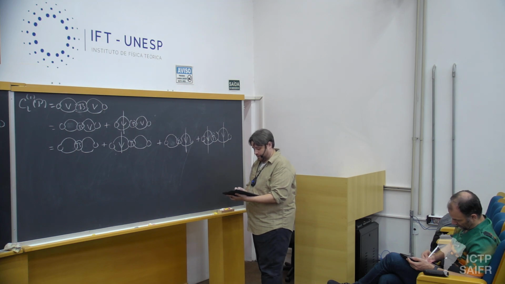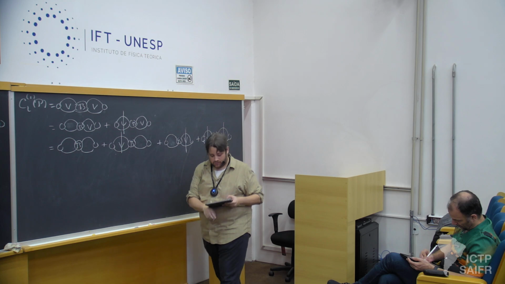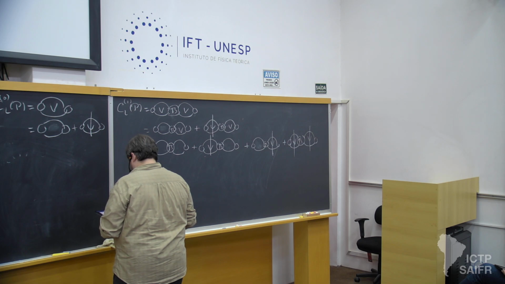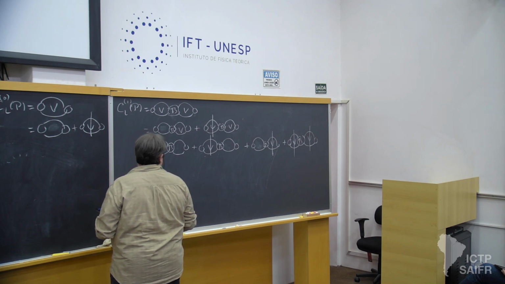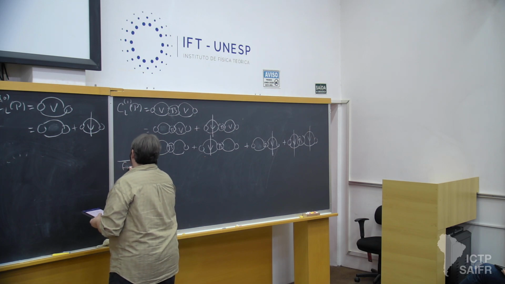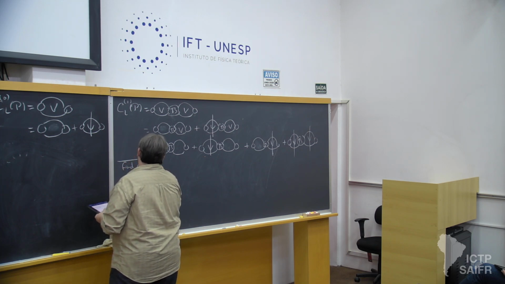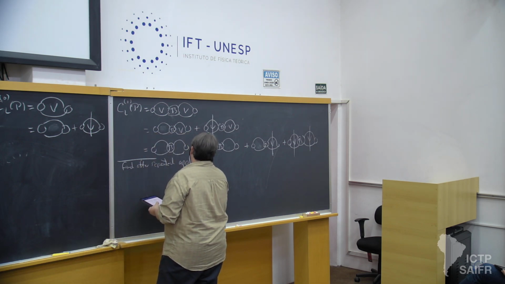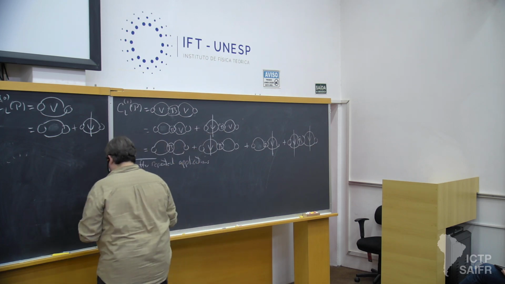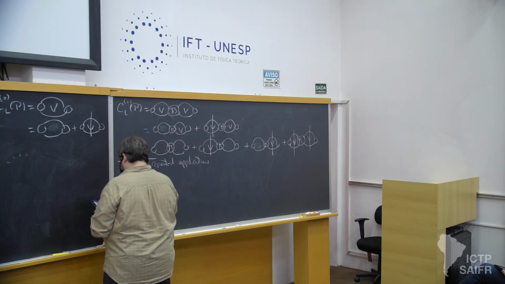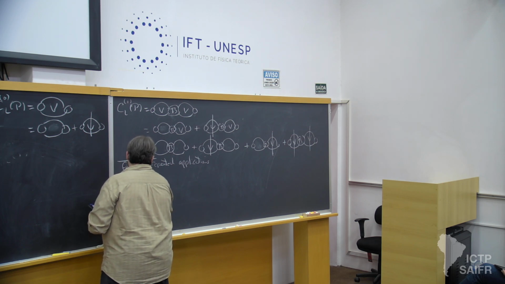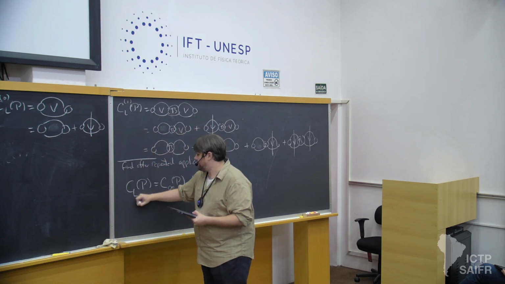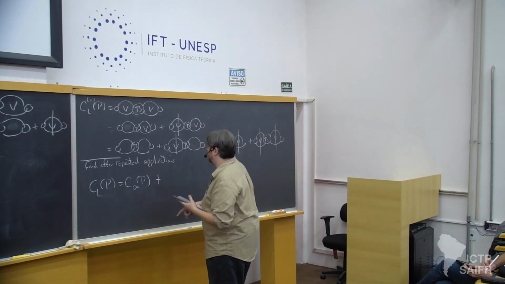And the way that they're going to be organized is, let me write this. So, after repeated applications, you find that the finite volume correlator is the infinite volume correlator plus